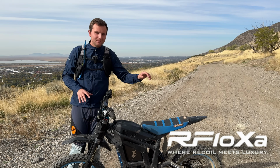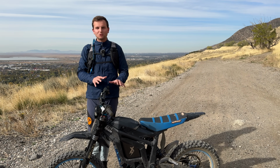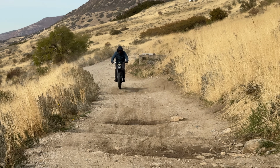We got it on the front and the back of Reed's Talaria Sting here. This bike recently got a bit of a refresh, has some cool new parts on it. And we're gonna be testing this suspension, and spoiler alert, we already rode it and it feels incredible and it's